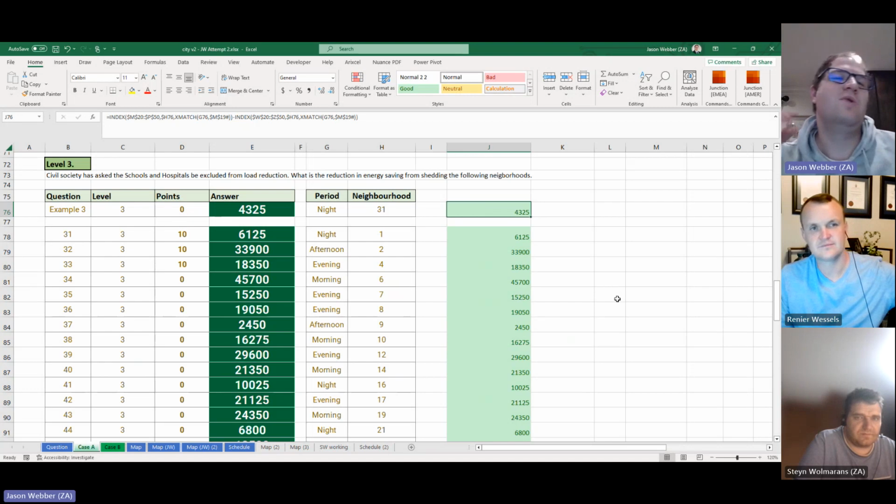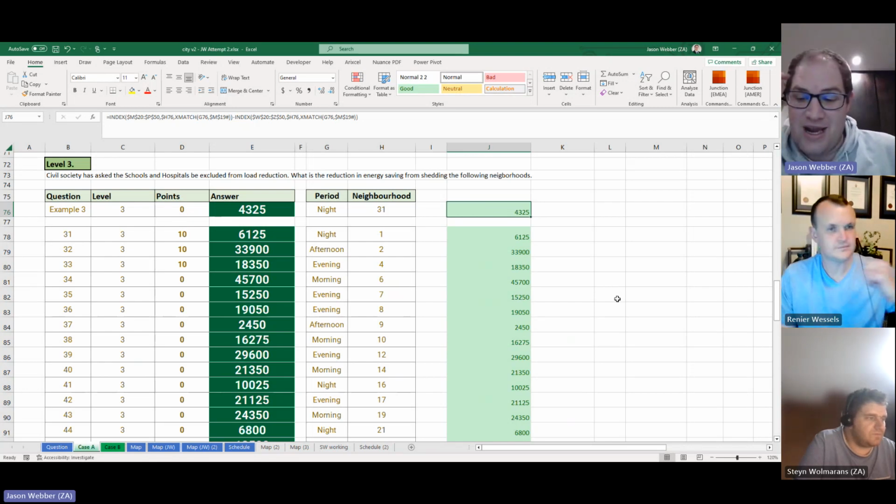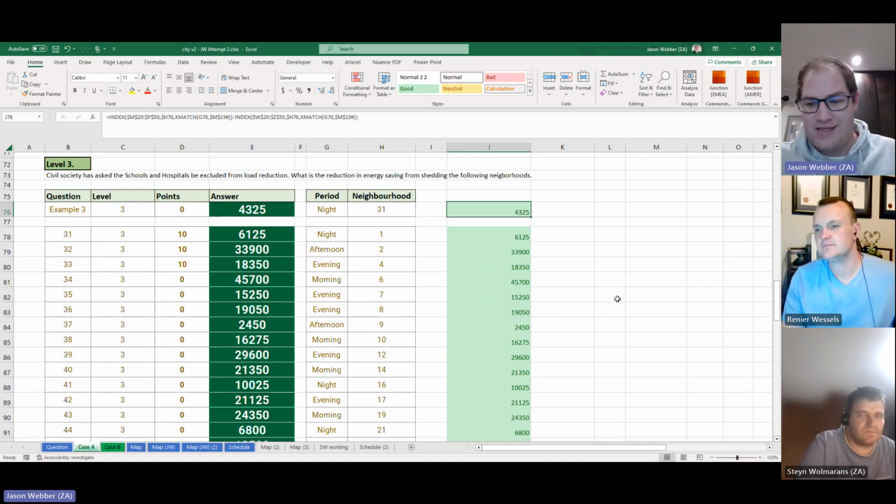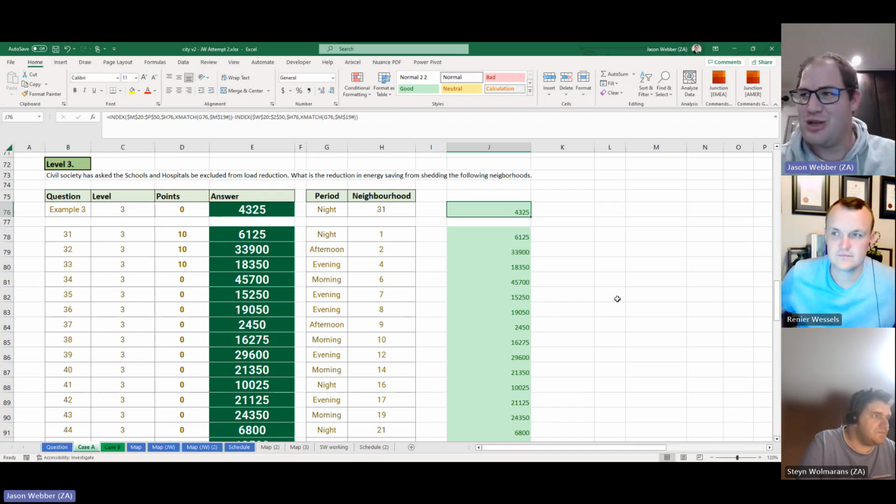Yeah, cool. I'm really keen to see how you guys tackled level 3, because for this one I sort of pottered around a bit and just landed on populating the possible outputs for all the neighborhoods across any day, any time of the day, with load shedding on and off for the schools. Anyway, level 3 asked us